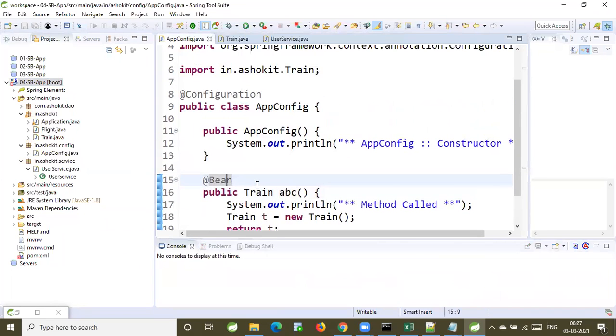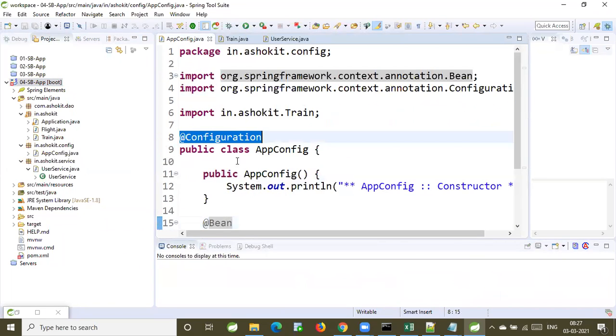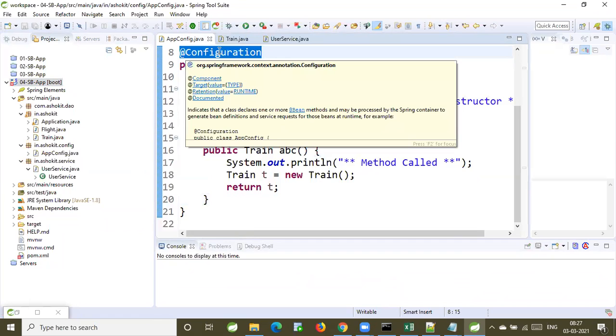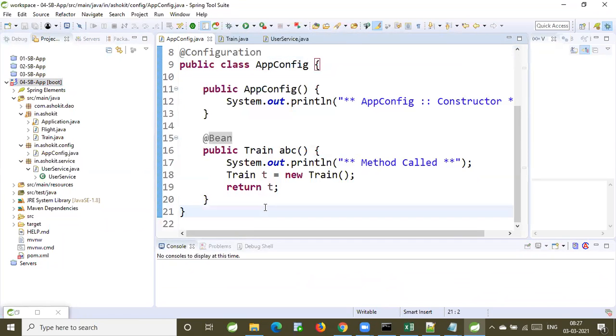Sir, please tell the difference between controller and configuration. Configuration means if you want to write this kind of bean methods, we will use the configuration class. In your project, if you want customized configuration, where I don't want IOC to create the object for the class but want to create it by setting some values, then you will go for bean methods. Those bean methods are recommended to be written in the configuration class.